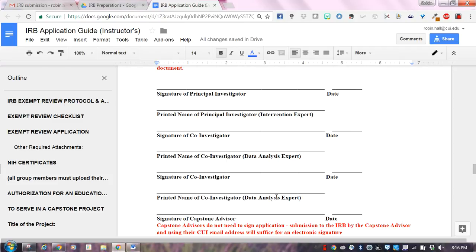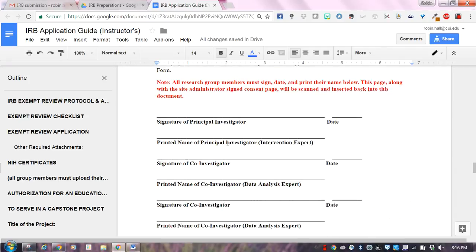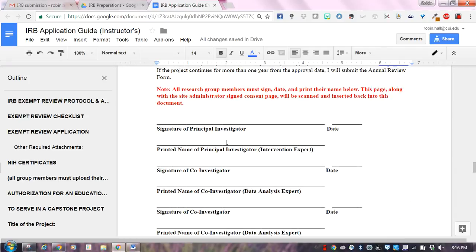Printed name of co-investigator, okay? And then you scan it again, right? After you've done yours, you scan it, you save it to your computer, and then you